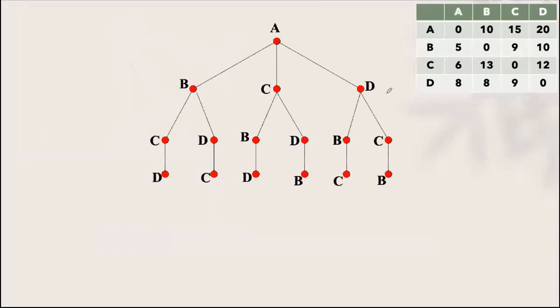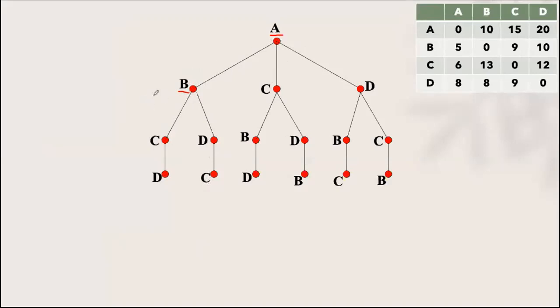See, that graph can be written like this. I'm at vertex A. From A, I have the option to go to B or C or D. If you are starting from A, you can go to either B or C or D. If we come to vertex B, from B I can go to C or D. If you go to C, the only remaining vertex will be D. From B, if you go to D, the remaining vertex will be C.